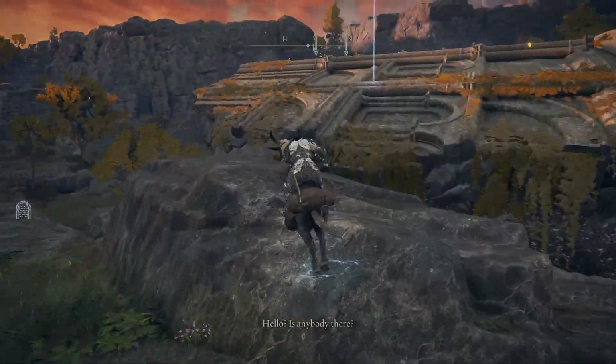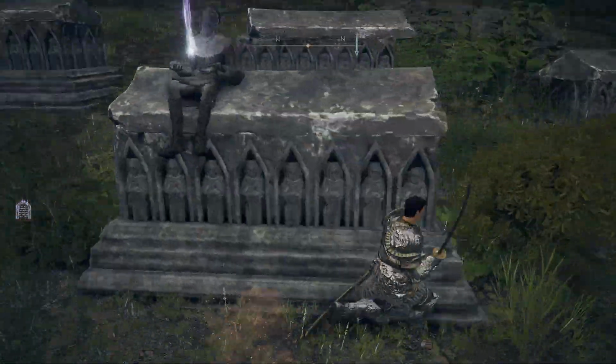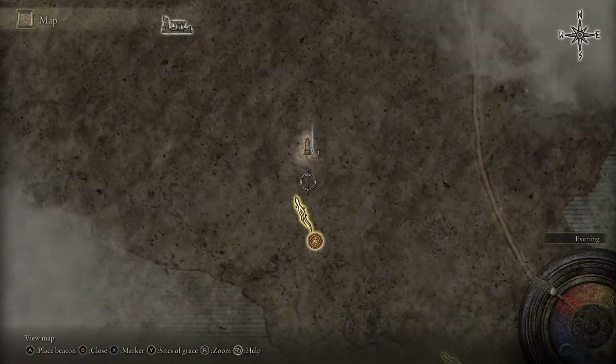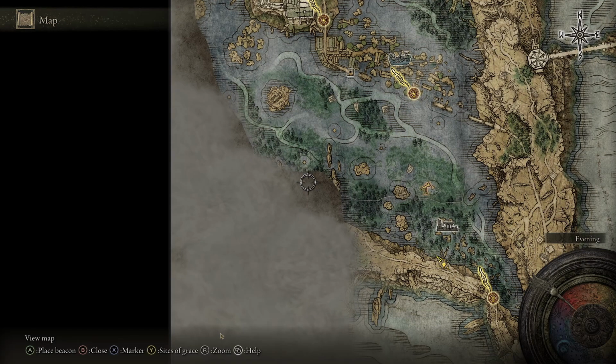So place beacons where you just saw, and this will be a broken bridge over here. You will get up the cliff and there will be a bunch of sarcophaguses. You're looking for exactly this sarcophagus with a guy who has the recipe cookbook. That's the cookbook we need right now, but we can't create anything from this, so we're getting back to Liurnia